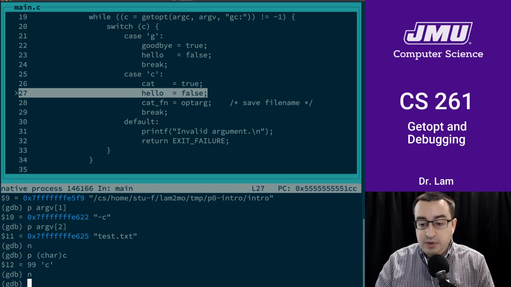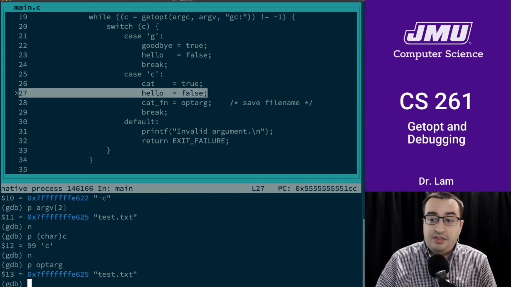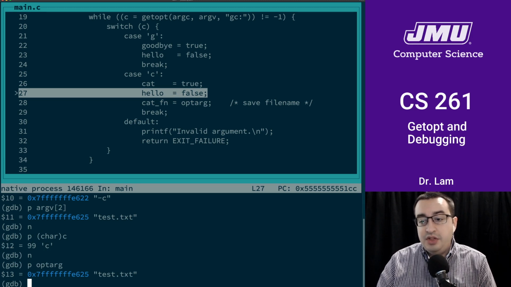But now we can print opt-arg, and we can see that opt-arg is actually a pointer to the string, which in GDB, GDB will just print the string for us, and that's the parameter. So as long as we save a reference to that location in memory, then we can use that file name later on. So that's what we do.